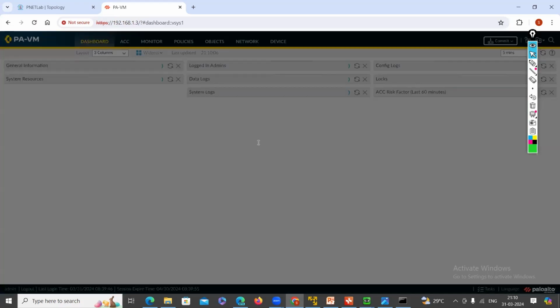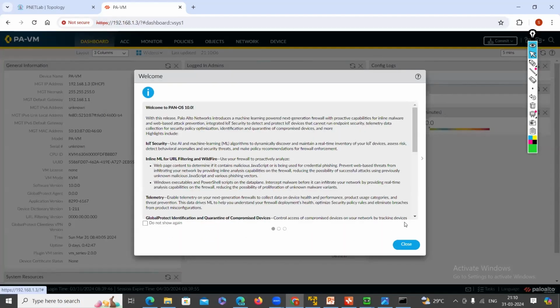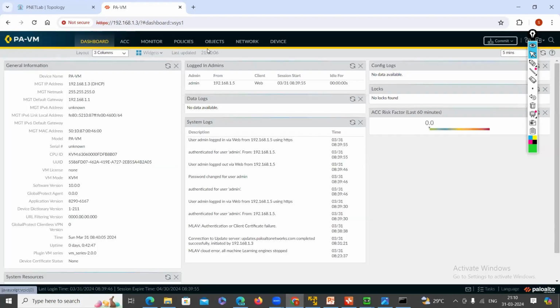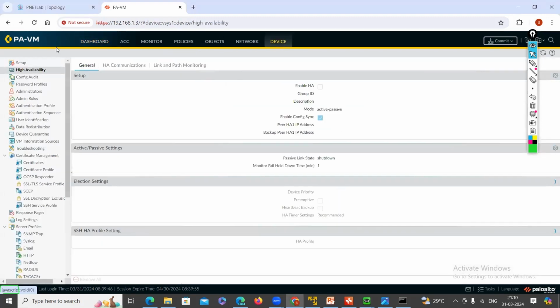The default admin user account name is admin, and as I mentioned, he has the privilege of super user. Where can I see that? You can see below the admin login details that your login username is admin. When he logged in, I want to know that information and about his privileges. So go to Device and then Setup,